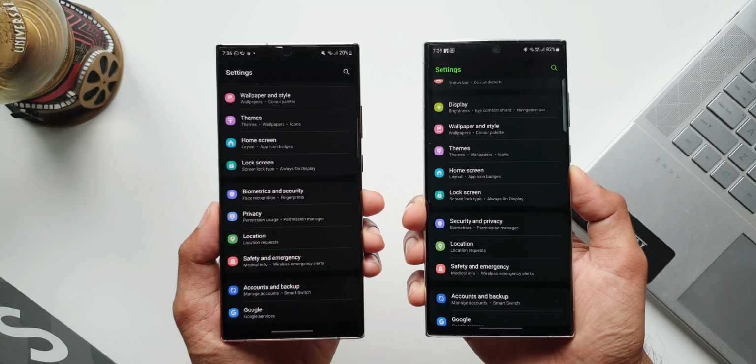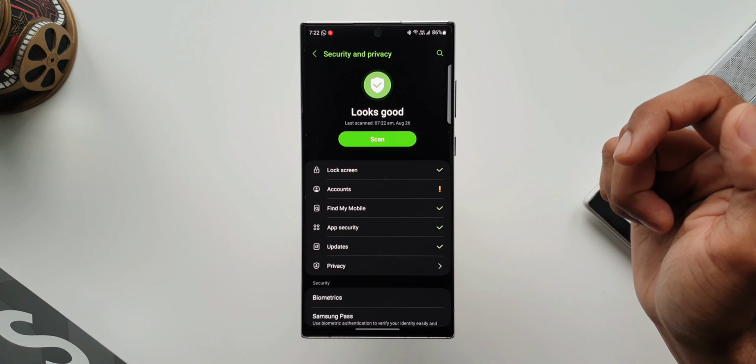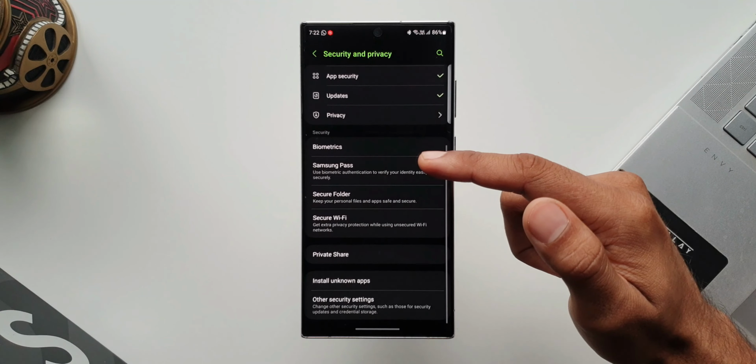On One UI 4.1 we had biometrics and security and privacy separately, but here we have got security and privacy under one tab. Let me tap on this. As you can see, we have an all new security dashboard which shows whether your phone has any security